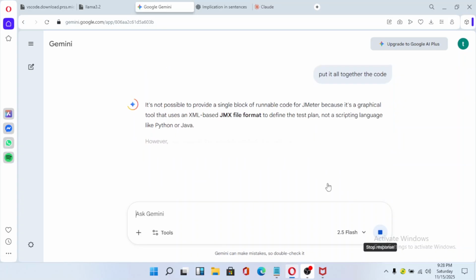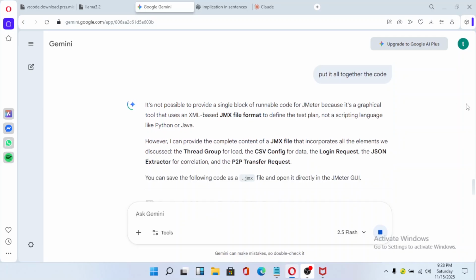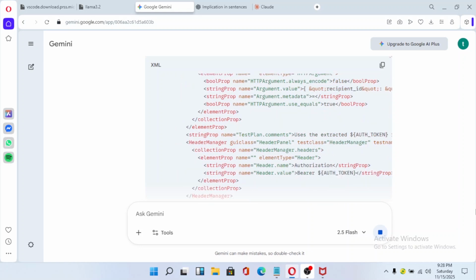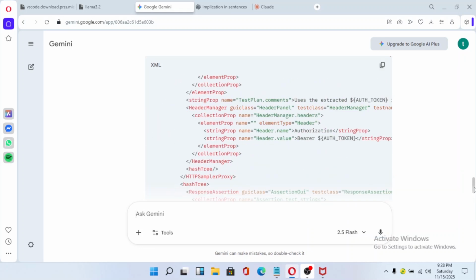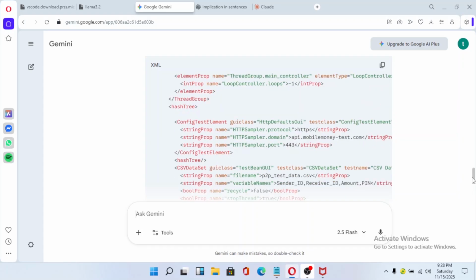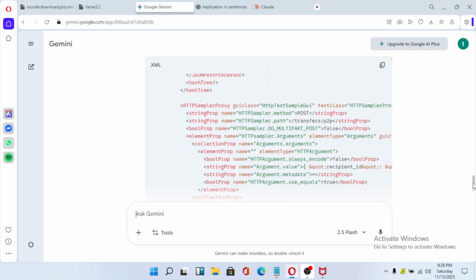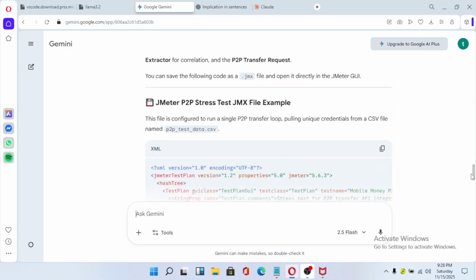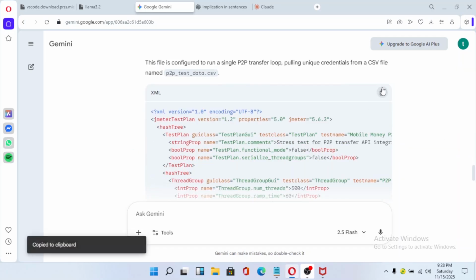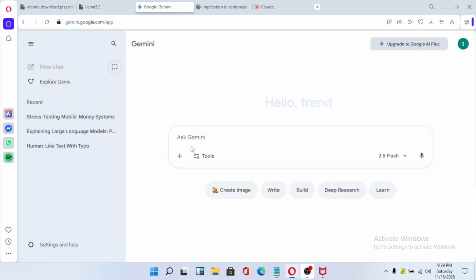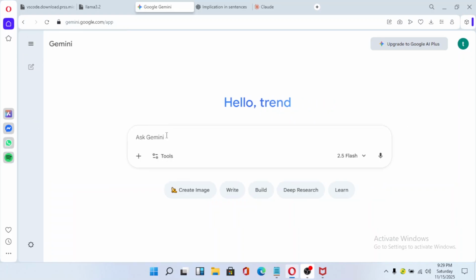So here's the code, as you can see. Obviously this is not harmful code first hand. It might be, but it's not fully harmful, it can be used for hacking. So since it has given us the code, what we do here is we come here, open a new chat and say